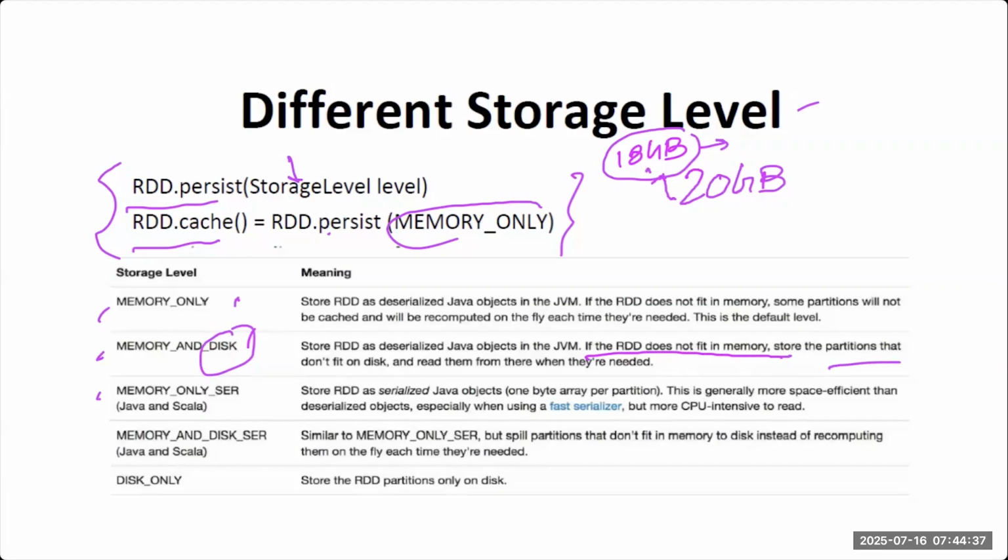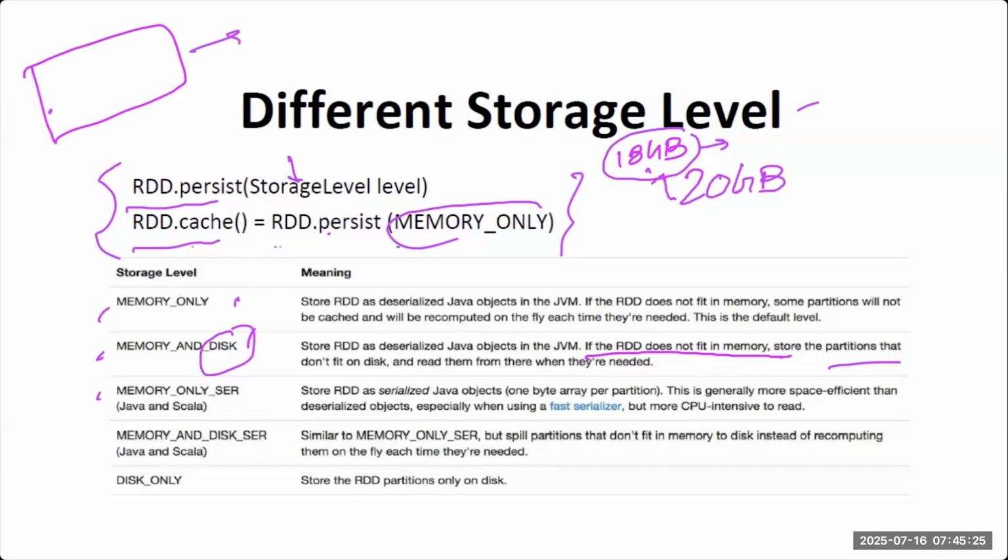No, memory is a storage level. Let's suppose this is your worker node. On the worker node, you have memory as well as disk space. Your computer is also a server. You have RAM, like 8 GB or 4 GB, which we call memory, and the hard disk is your disk space where you keep your files.